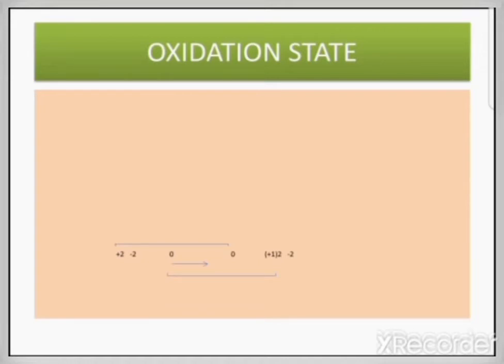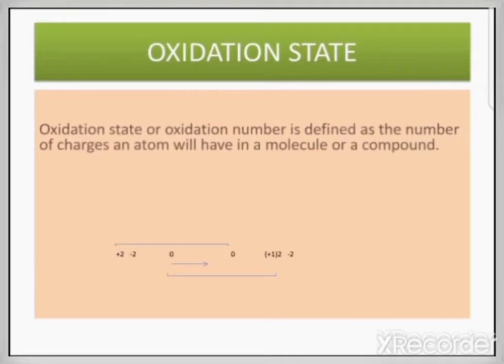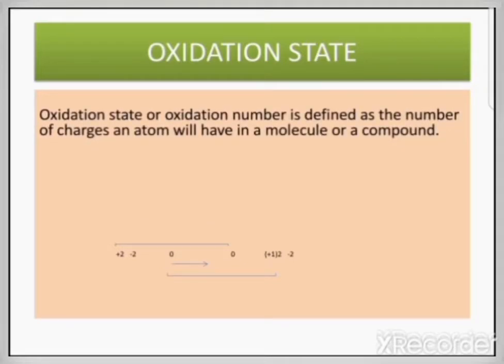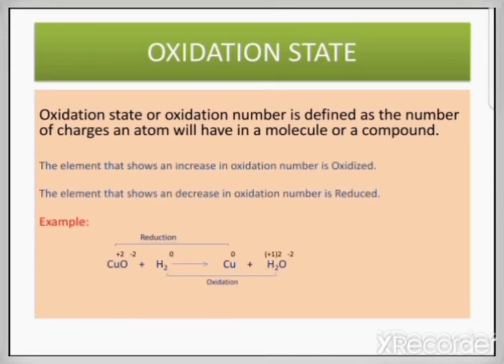Today we are going to discuss oxidation state. Oxidation state or oxidation number is defined as the number of charges an atom will have in a molecule or a compound. Oxidation state is used to identify an atom which is oxidized or reduced in a redox reaction. The element that shows an increase in oxidation number is oxidized, whereas the element that shows a decrease in oxidation number is reduced. For example,